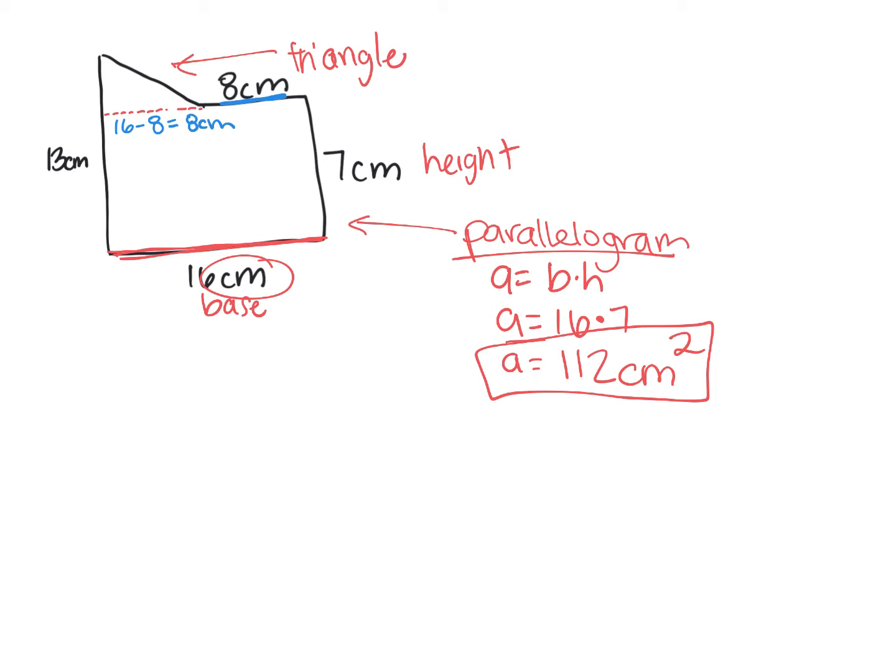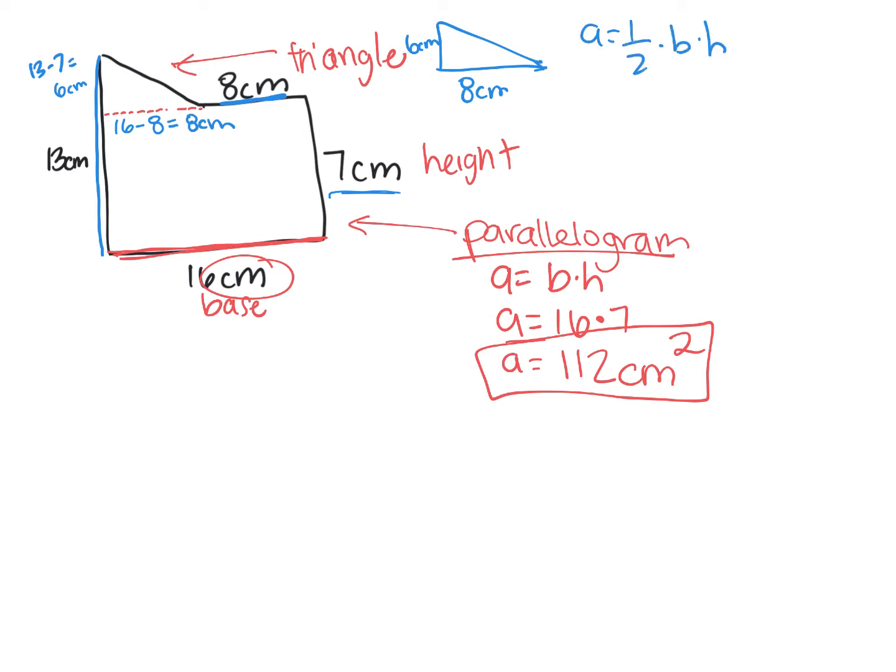Now, same thing here on the left-hand side. I'm going to highlight this in blue also. That entire length is 13 centimeters. Now, I'm going to do that same thing. I can see that 7 centimeters was already used in my parallelogram. So I'm going to take 13 minus 7 to find the height of my triangle. And 13 minus 7 gives me 6 centimeters. So if I broke up just that triangle, I would have a base of 8 centimeters and a height of 6 centimeters. Now we can proceed with our normal formula, area equals 1/2 base times height, to solve the area of